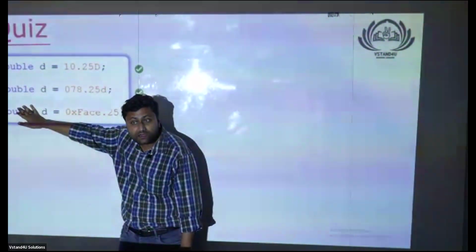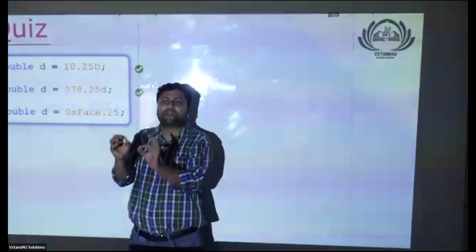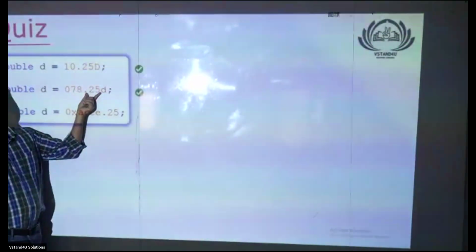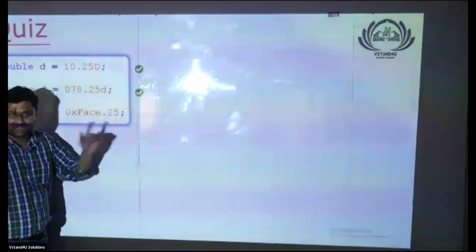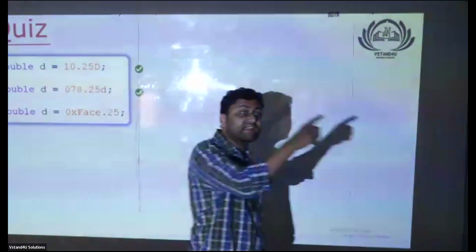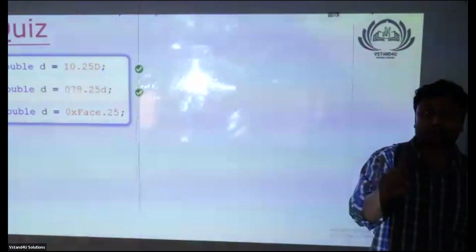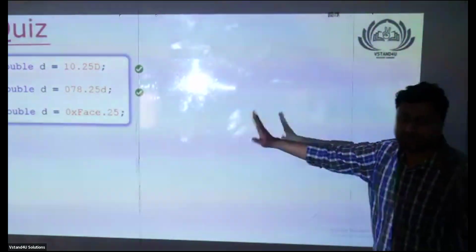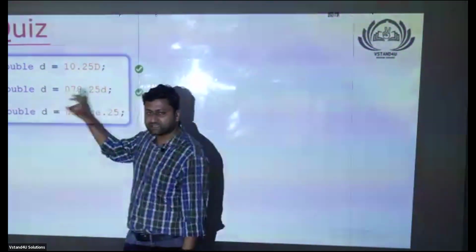Able to understand? Everybody, the funda is simple and straight. Octal numbers and hexadecimal numbers are allowed only for values that do not have a decimal. Whatever we learned yesterday is applicable for integral literals, but not for floating point literals. These are floating point values, where there is no concept of octal. That is the reason this is allowed.